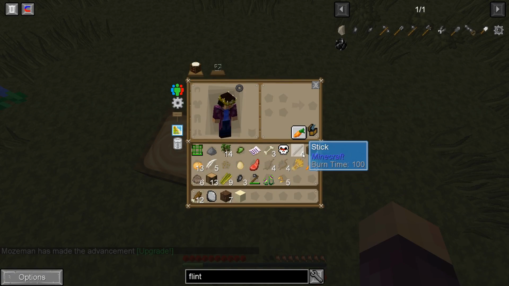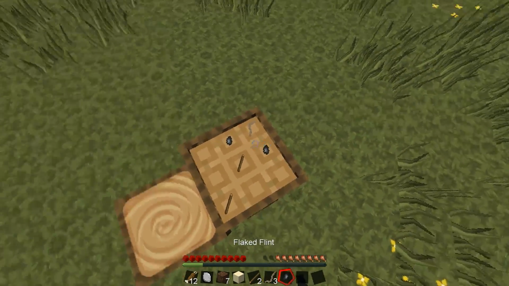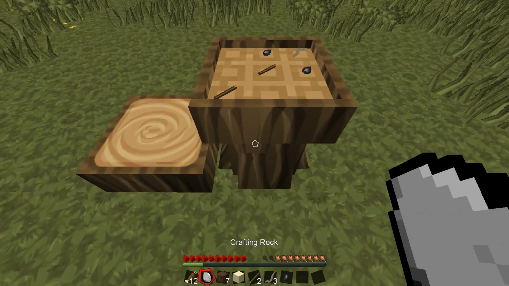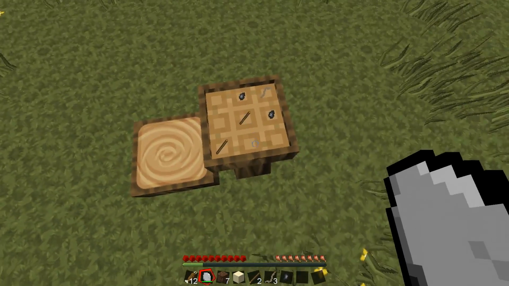So, for example, let's get you, and you. We do something like this, this, this, this, and this. And then instead of just shift right clicking or anything like that, you take the crafting rock and you right click with the crafting rock a few times. You'll see it kind of jiggles the stones. It's pretty cool. I like the animation there. But if you do it enough times,